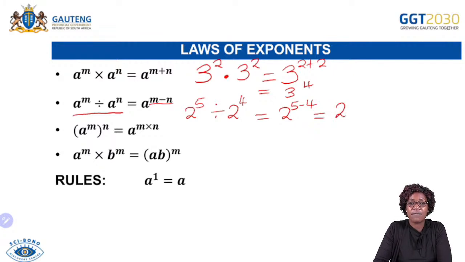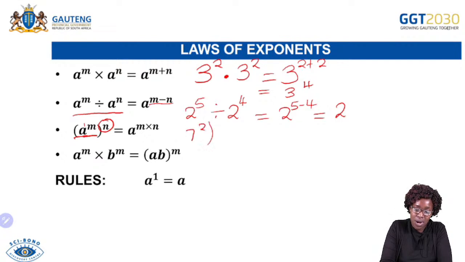But remember, when we have an exponent 1, we usually don't write the exponent 1 there. Right, that is the second law of exponents that you learned. Then the third one: if we are raising an exponent to another exponent, the easiest way to simplify is to simply multiply the exponents. So if you have 7 raised to the power of 2, again raised to the power of 3, this will simplify to 7 raised to the power of 2 multiplied by 3,